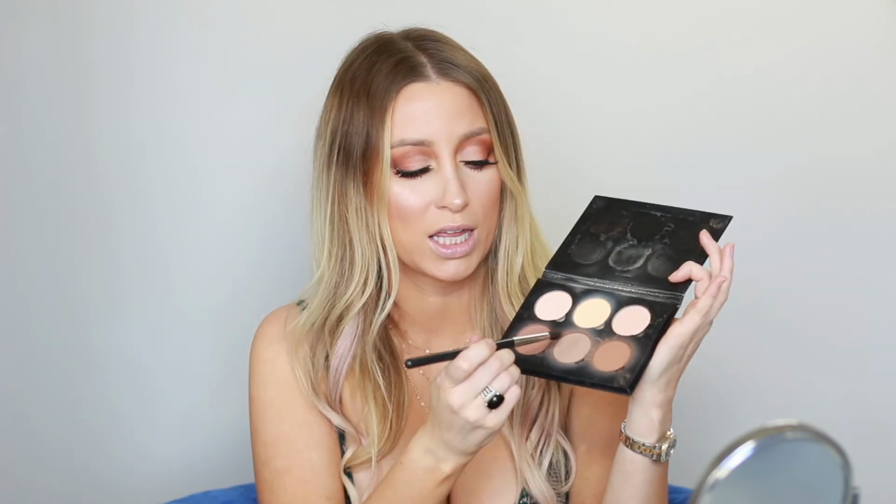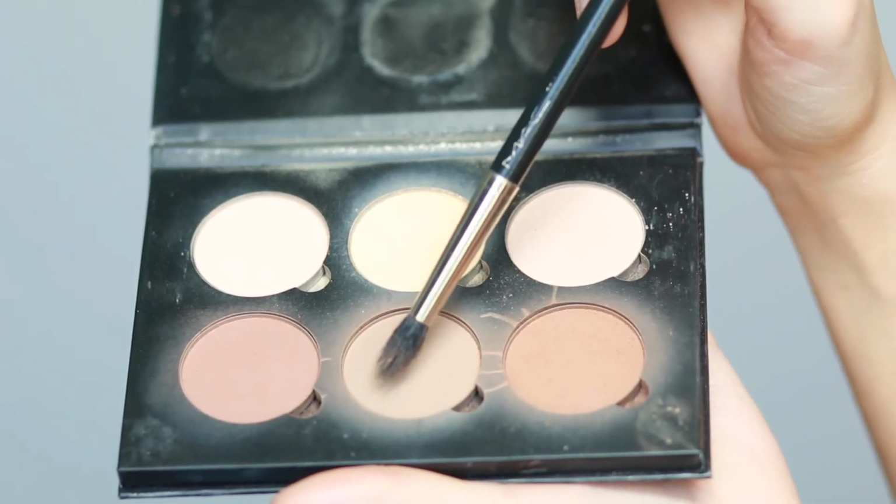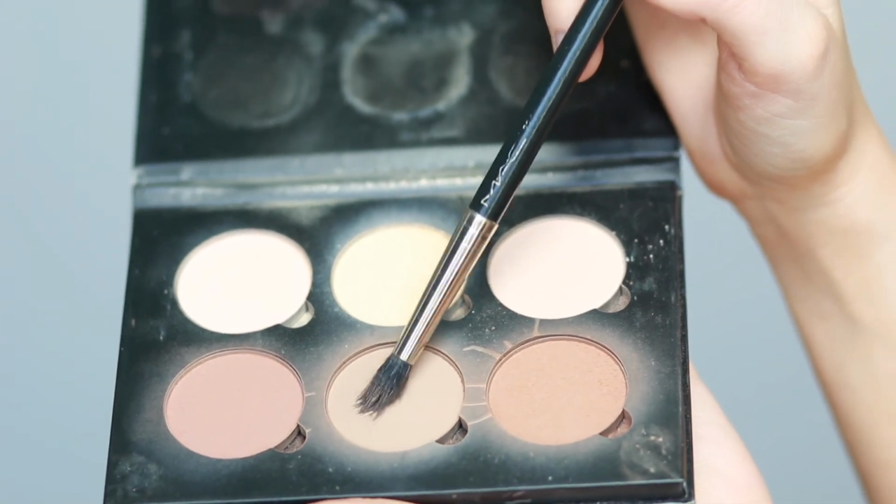So now my third hack for fuller lips is going to be when you're doing your makeup. I already have my makeup done, so I'm going to powder contour, but you could also cream contour if your face wasn't already set. So basically, let me find a brush that I could use for this. You're going to want to take the contour color or your bronzer or anything like that, and